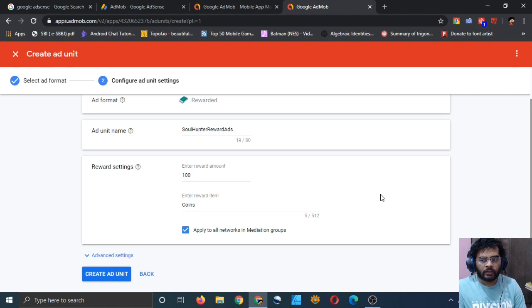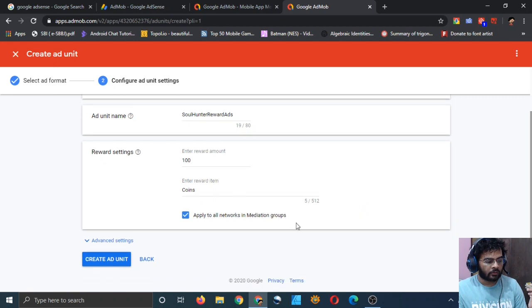I'm thinking of doing it this way, that when the player watches the full ad, they will be rewarded with 100 coins, right? In my game I have three things. One is points, other is coins, and the other is upgrades. Player can make upgrades using coins. So coins are important. So when they watch an ad, I will just give them some coins, right? So that can be a reward. You can choose any reward in your game which you like. Maybe you can unlock a new stage when they watch the ads, right?